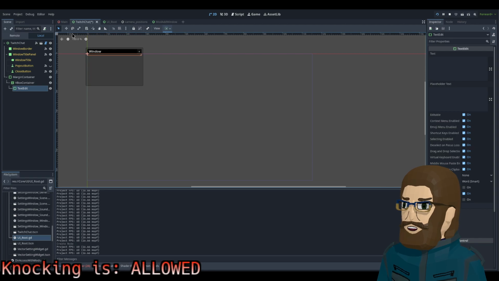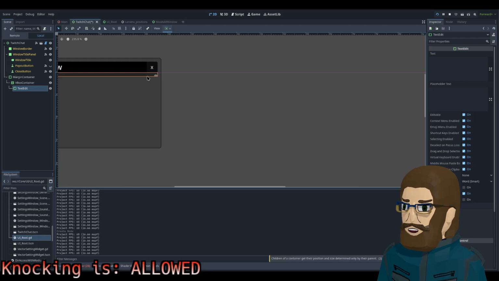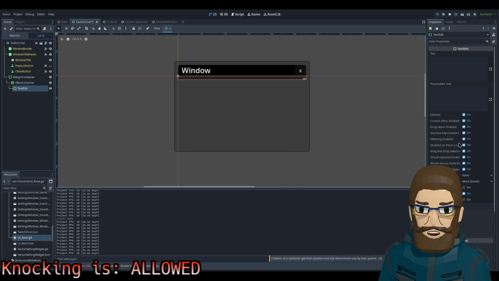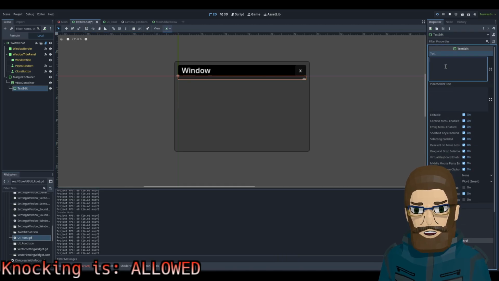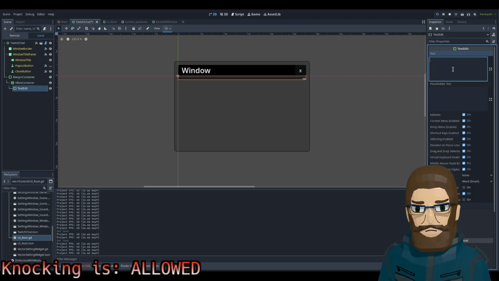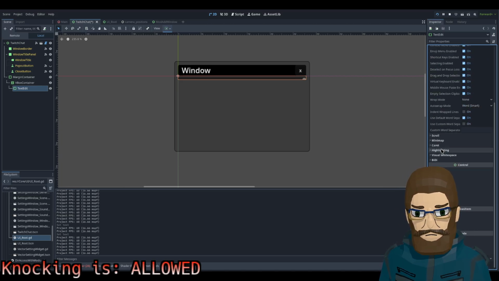Sure. And wow, you are so tiny. What's happening here? No. Scroll caret layouts.